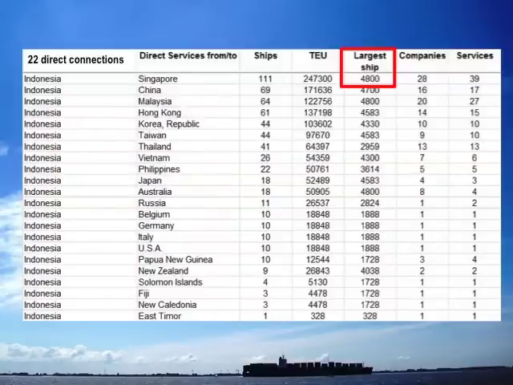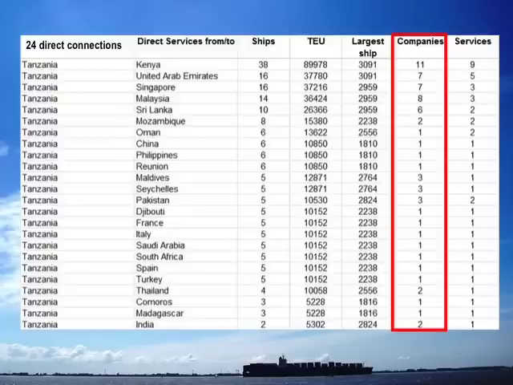In Indonesia, the largest ship is only 4,800 TEU carrying capacity. That largely explains why Indonesia, although being such a big economy, has lower liner shipping connectivity than several of its neighboring countries. By way of example, you see Tanzania and Kenya are very much on the same route. There are 11 companies that provide services to both countries and connect them, but there are also quite a few